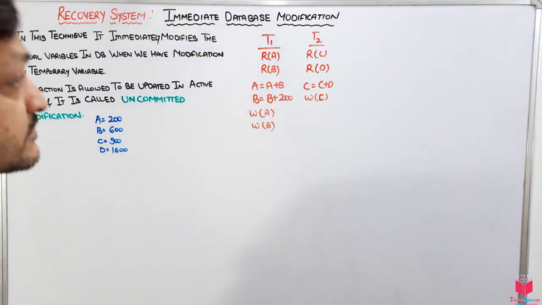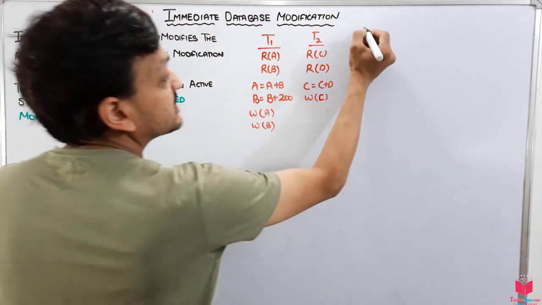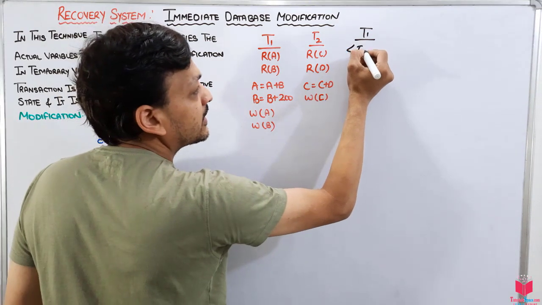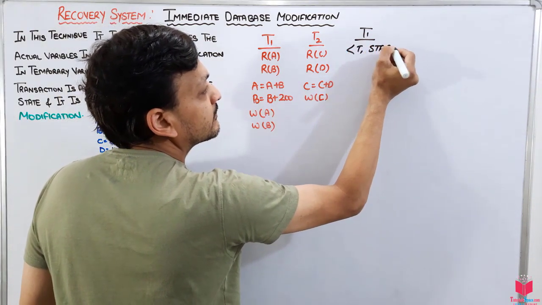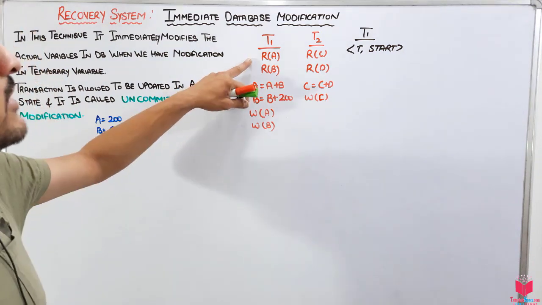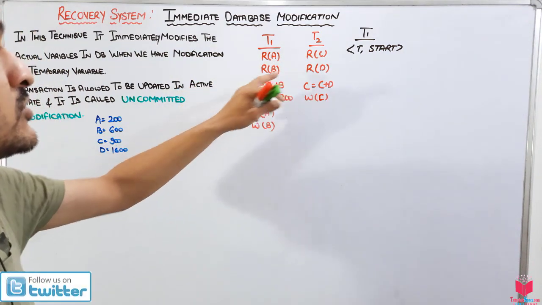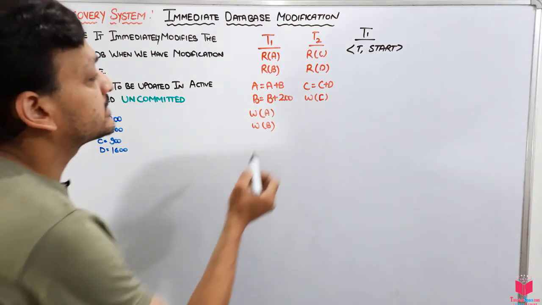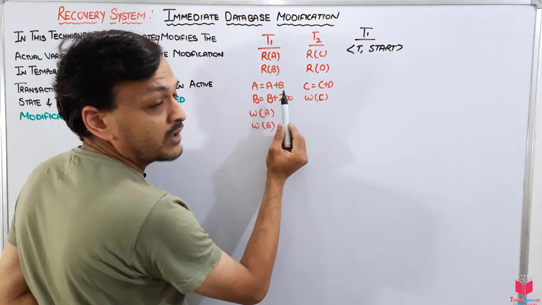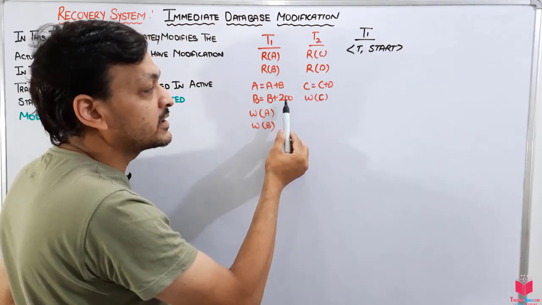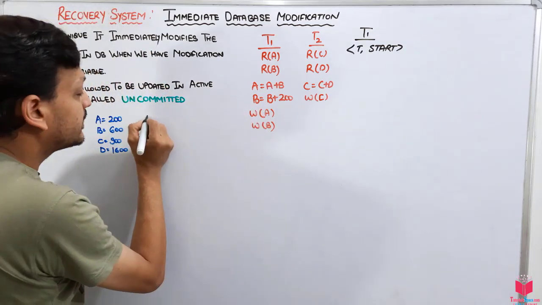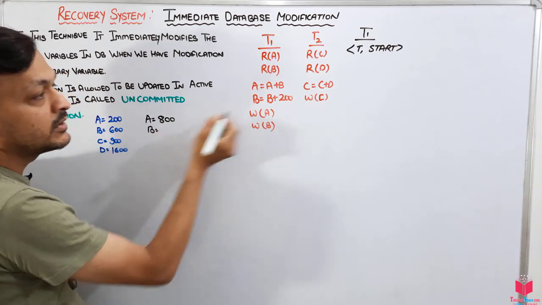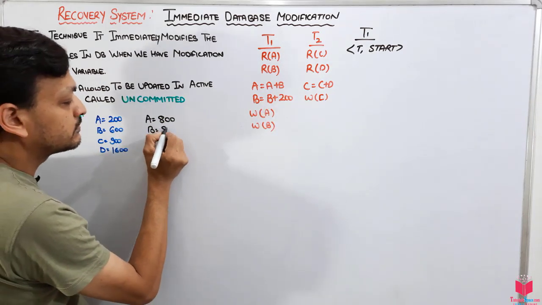First of all, when transaction T1 comes, its log record will be created, and when it starts, we will have the entry T1 start. Then this instruction comes, it reads the value of A, it reads the value of B. For the reading instruction, we do not have any kind of log record. When it starts A = A + B, no entry will be written here. B = B + 200, no entry will be here, but their values will change: now A = A + B, that means 800, and B = B + 200 is also 800.